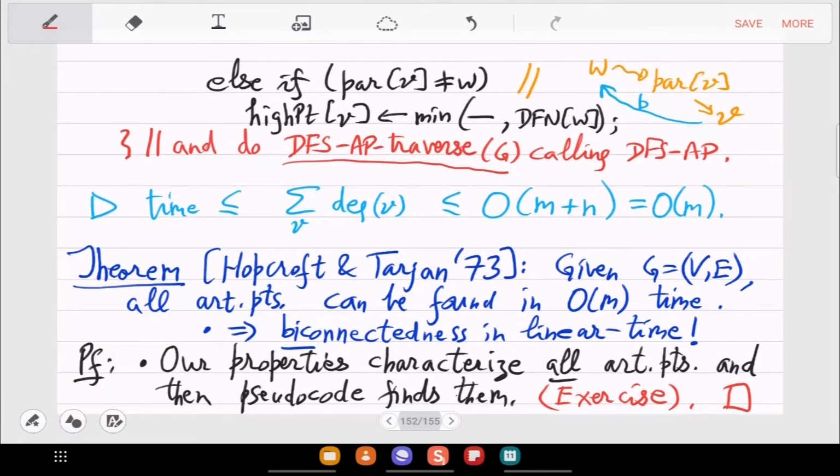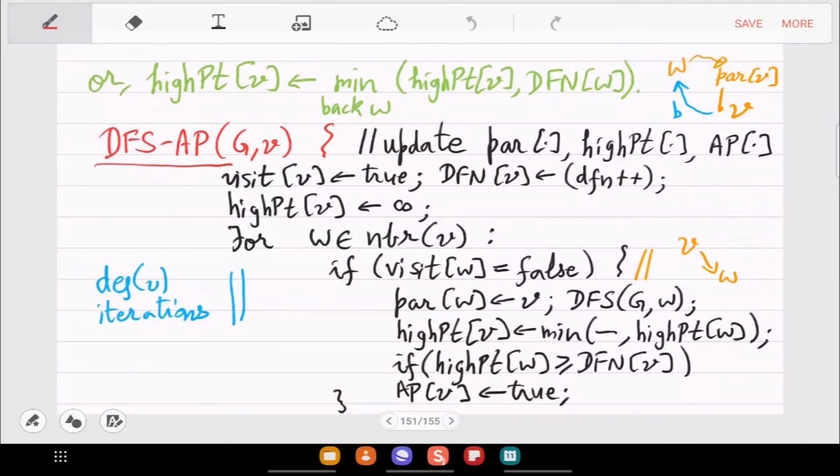So here is your recursive call happening. So degree of V many iterations plus you have a recursive call. Since there is a recursive call, obviously you have to make this observation that we have made in the basic DFS code, that DFS is never called on a visited vertex.